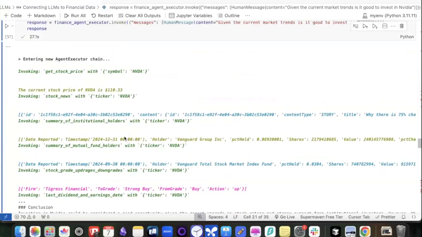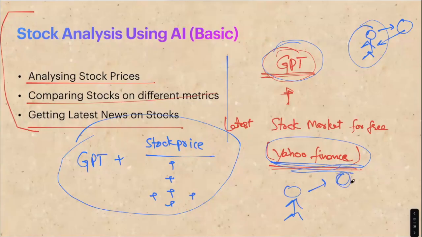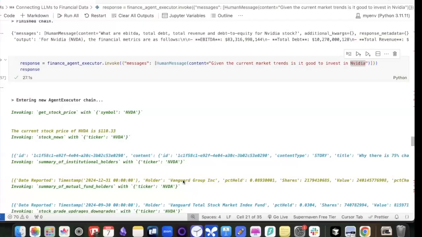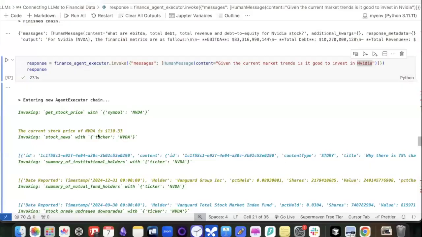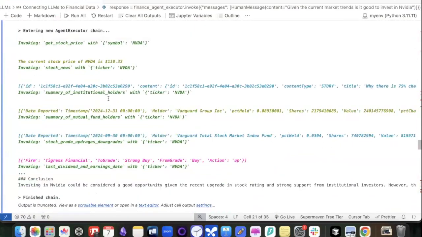Just like, let's say someone asks you to do something. Say you are a product manager or maybe a researcher. More often than not, whenever you want to know about something, it's not like you will go to Google and find one website where you will get all the answers. You look at one website, then you get an idea, then you go to another website, then you summarize something, then you do something else and you get back. That is exactly what is happening here. When I asked it to analyze the current market trends, it's actually looking at the stock price, and at what is happening with the stock news and everything.